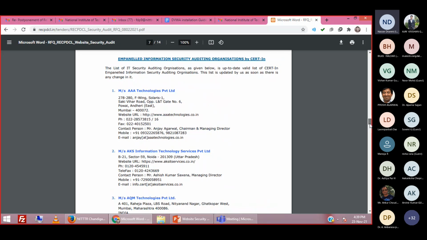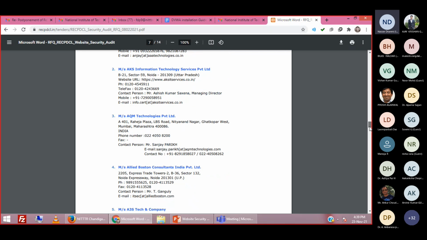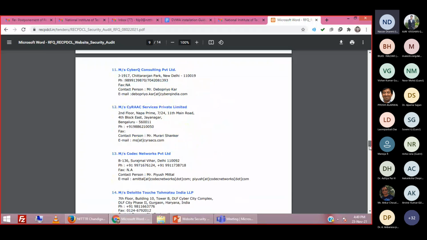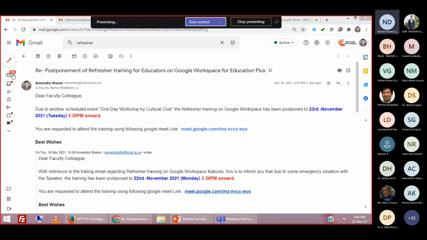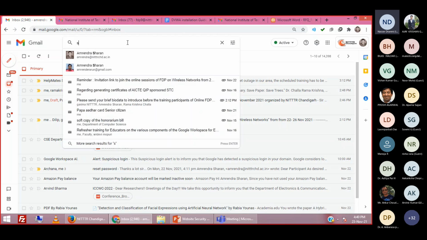When you select at least 9 to 10 security auditors, you can send an expression of interest inviting them to submit their proposal, right? While submitting the proposal, these auditors will ask for some details. When you send an expression of interest invitation to these auditors, they will send you a scoping proforma, and this scoping proforma will have some fields. You have to provide some data. Based on this data, they will give the financial proposal or a work estimate. So let me share with you if I have any scoping proforma.